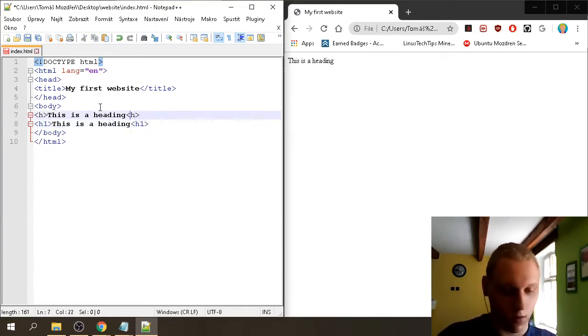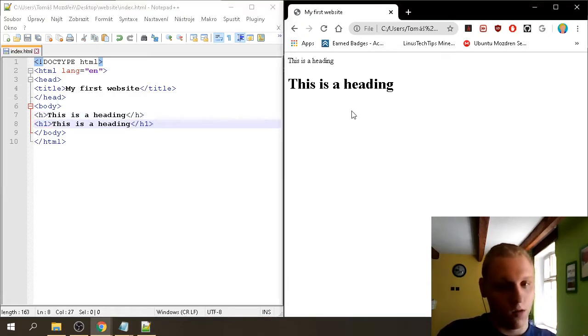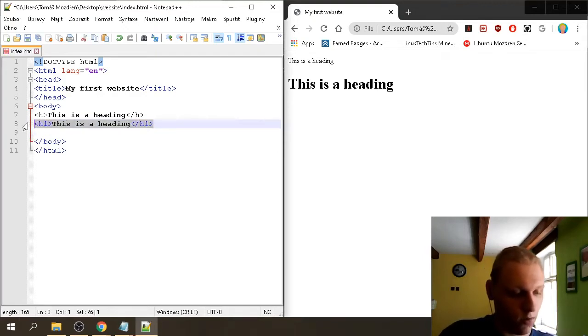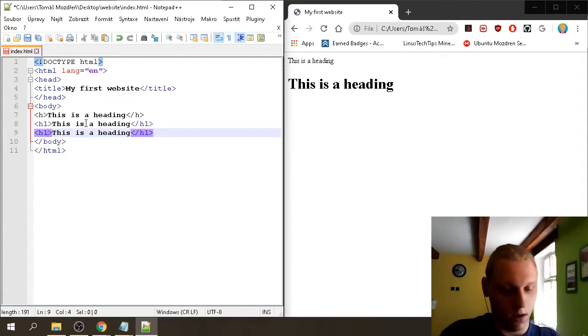Also, one thing I forgot, you need to add the / before the letters of the second tag, so it knows that this is the end tag of this tag. So once we save that and reload it, you can see that the text we've added right here with the H1 is much bigger. Well, that's because H1 is the actual default one and the one that's recommended to be used. Now if I copy this and just change the value to something bigger, for example 2,